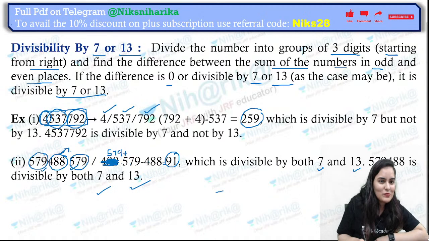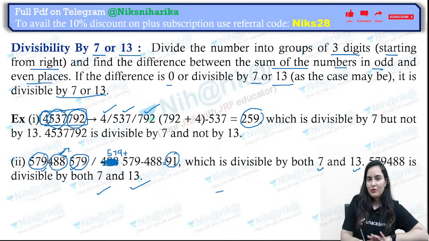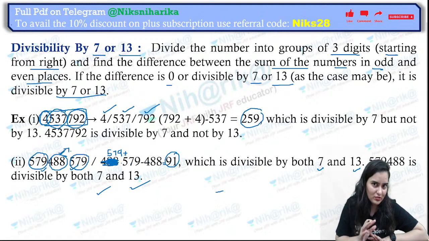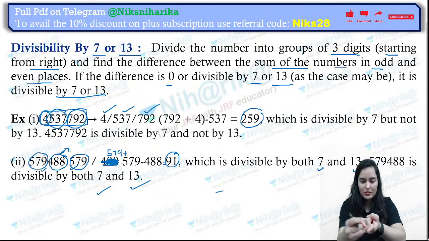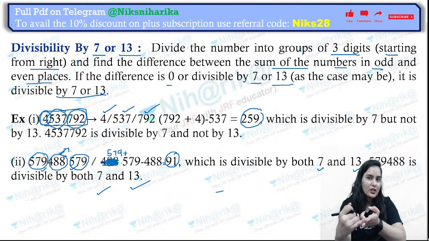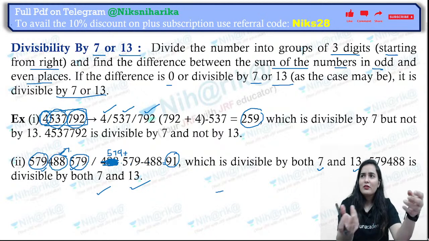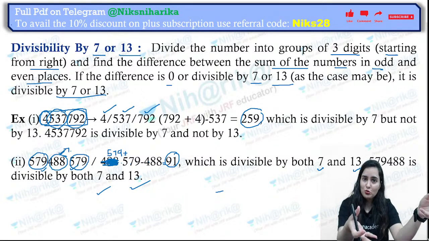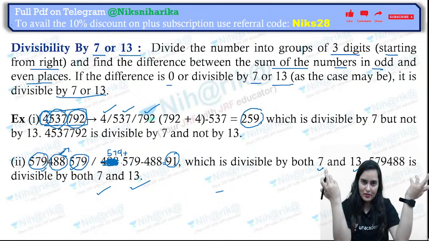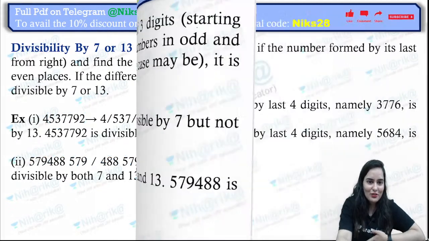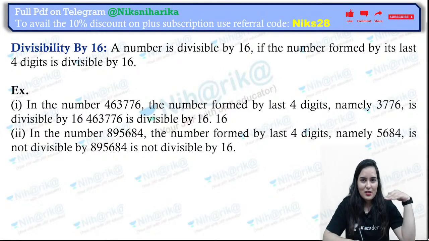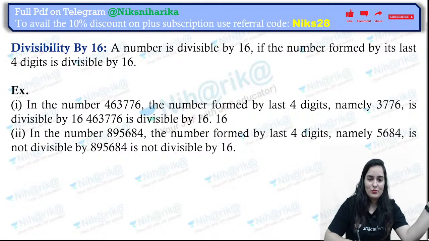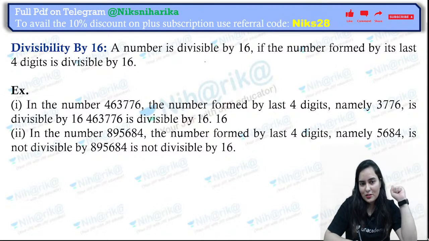I guess it's better to learn the tables of 7 and 13. I prefer that because I haven't tried this trick ever. I've just read it, but I haven't tried it. Honestly, I have tried the 25 trick and the 11 trick, 8 and 9. The remaining 4, 2, 5 and 10 are already in our heart. So you can discard that 7 and 13. That was not that much useful. Otherwise, we'll get confused. Now we'll take 16.